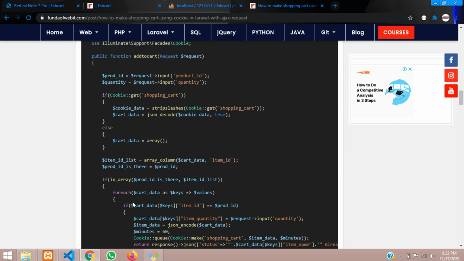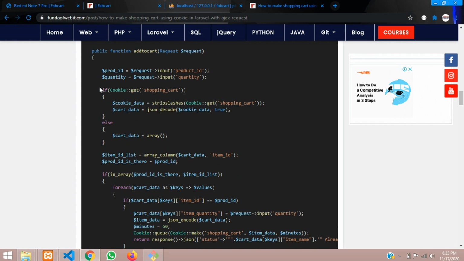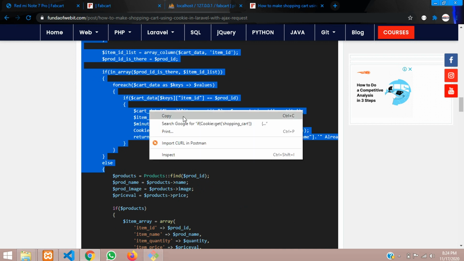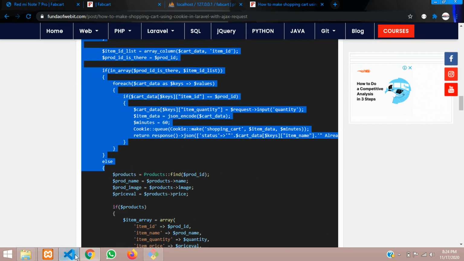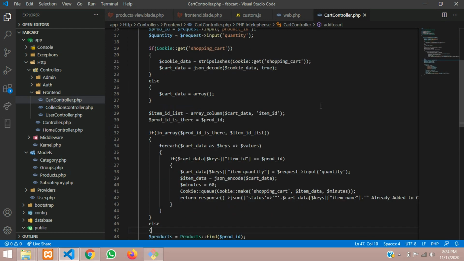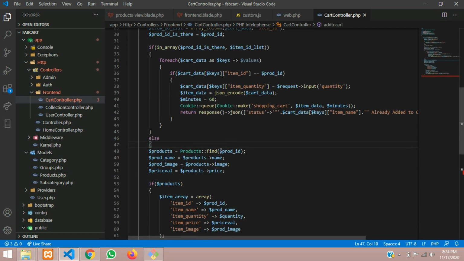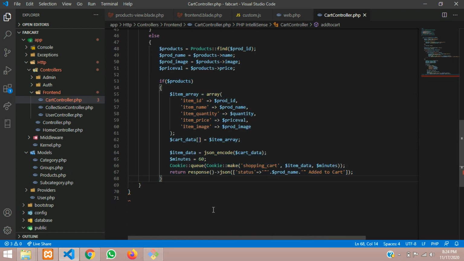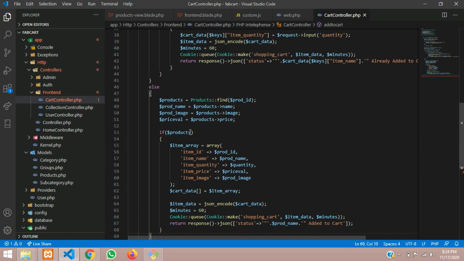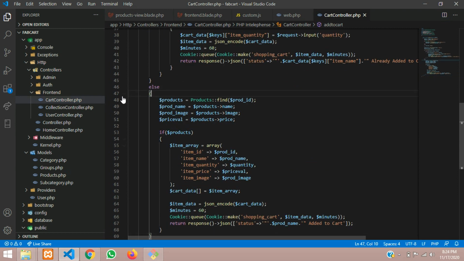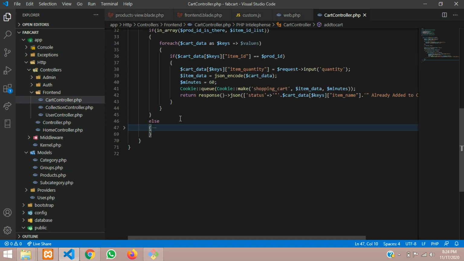So now to correctly work on it, you have to copy this total thing. So now let us copy this and store into our table, controller. So let's move on it and let's view, paste it, and now finally let's move this one more step inside and close the else statement. That's it. Save it. And this was for adding new product which is under else condition, so ignore that.